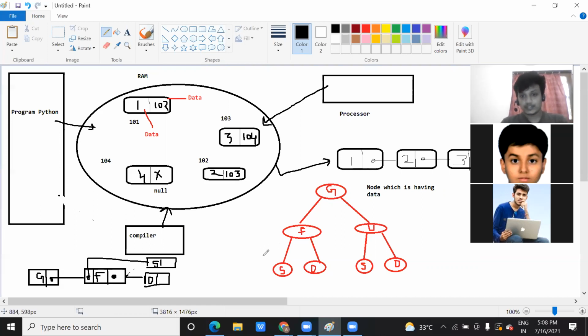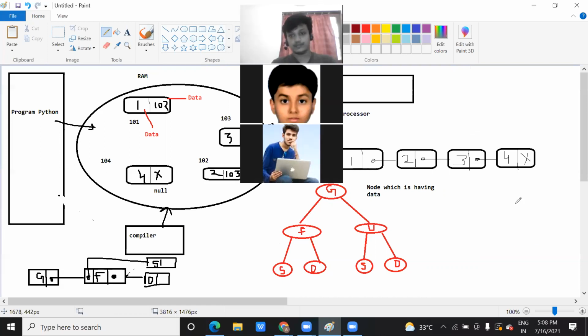So this is called a tree data structure. We have seen queue, linked list, stack, tree data structure. Now one more data structure is left, that is called graph. What is the meaning of graph?